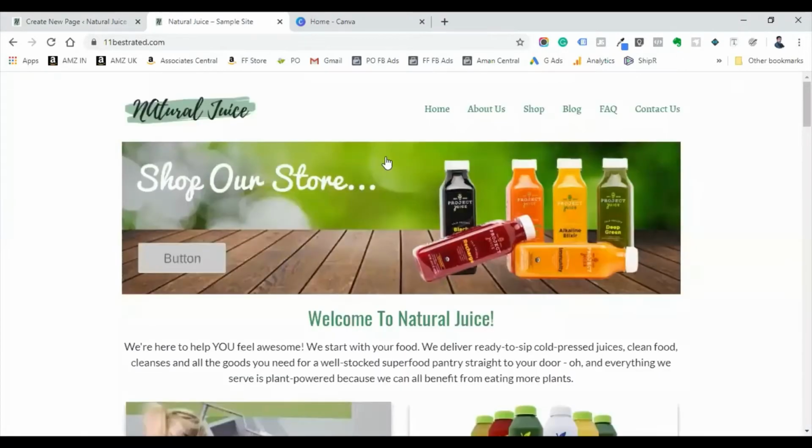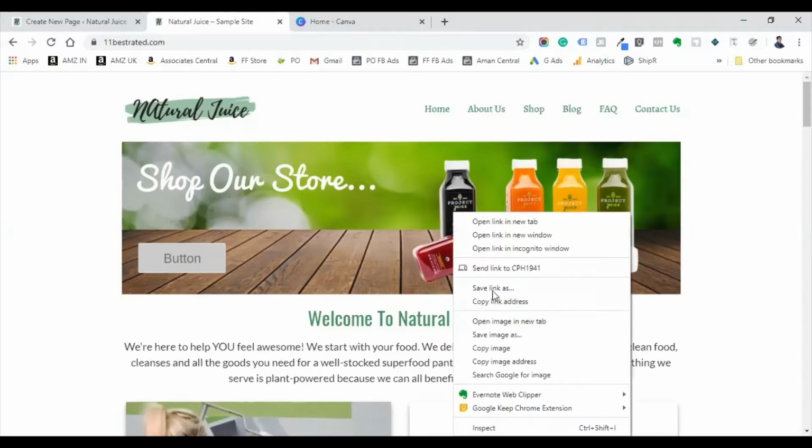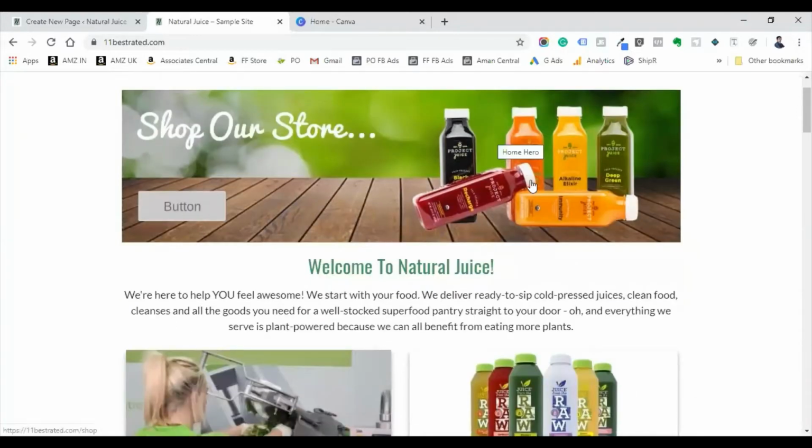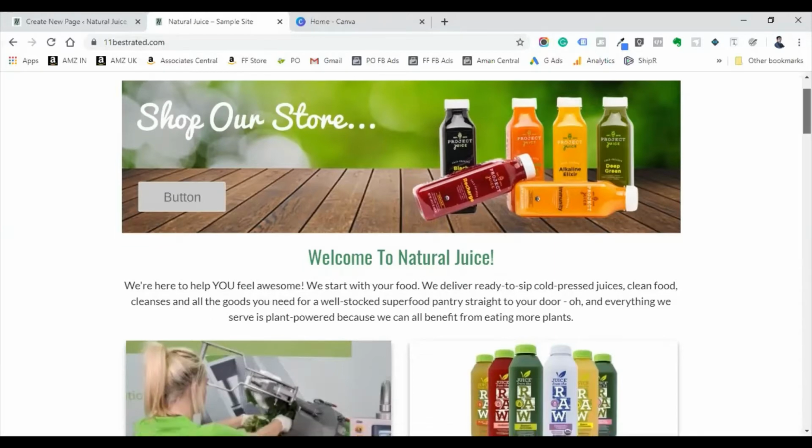Suppose you want to redo a page exactly. You first have to identify which website you are going to imitate, or where you are going to get inspiration. To do that, you right click and save all the images from that website, so that you will know the dimensions of each image, and we can create an image for our own product and use that on our web page.